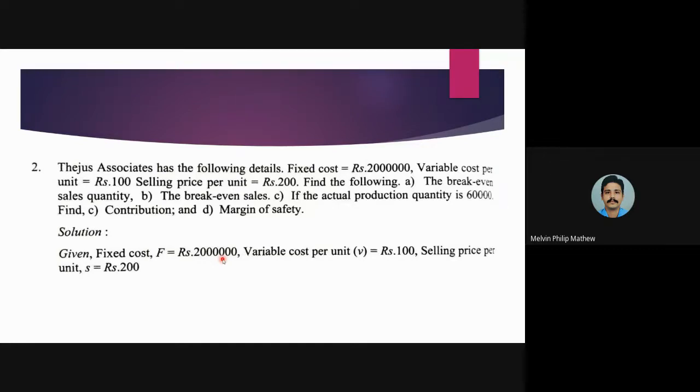Selling price per unit S is equal to rupees 200. Another given data is the actual production quantity 60,000, only for the case of C and D. So this is the given data, and the solution we will